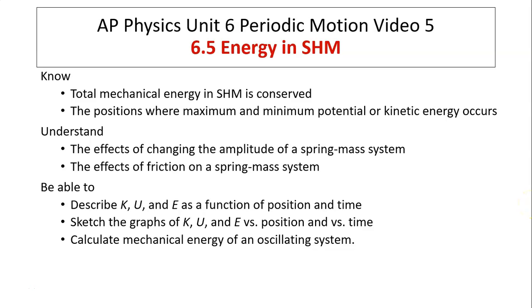This is AP Physics Mechanics C, and today's topic is energy in simple harmonic motion. The objectives are: know the total mechanical energy in simple harmonic motion is conserved. Know the position where maximum and minimum potential energy or kinetic energy occurs. Understand the effect of changing the amplitude of a spring mass system, and understand the effects of friction on a